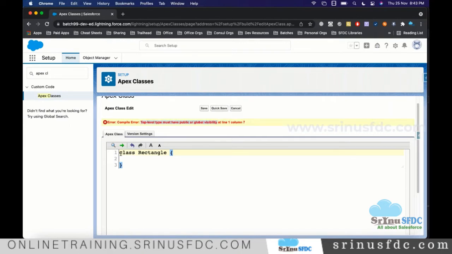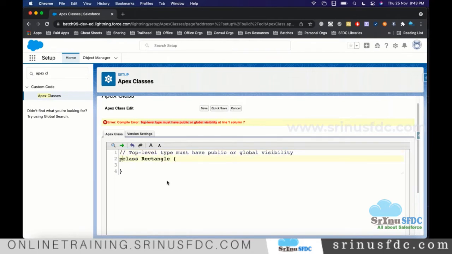Mostly we blindly define the class as public. Also in the code, if you want to keep something in comments, the system won't check the syntax. This is single line commenting. After that, whatever I keep, the system won't check the syntax. You can type whatever you want as a developer to understand a few things.